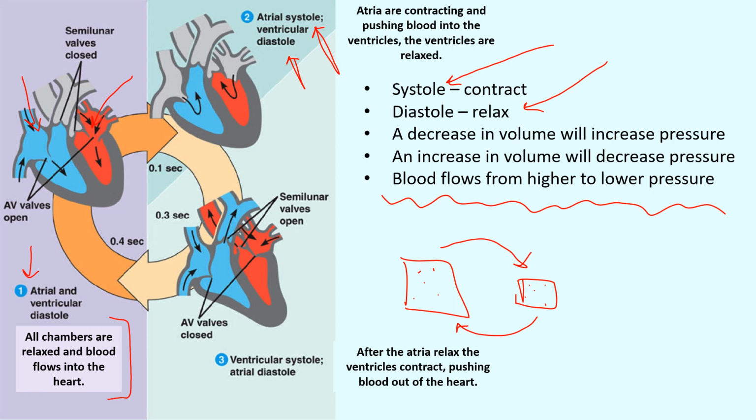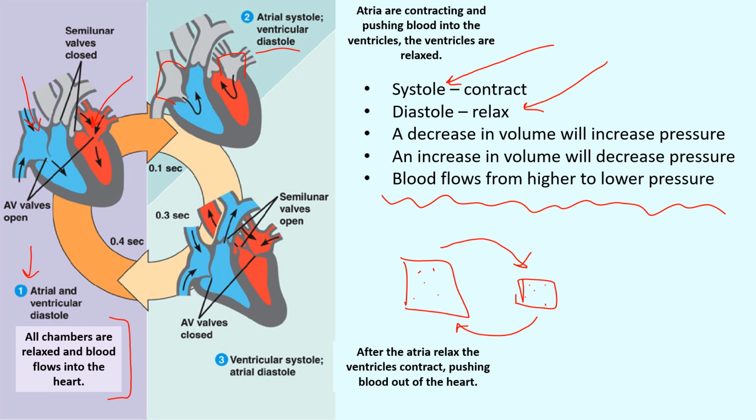The next stage of the cardiac cycle is atrial systole and ventricular diastole. So over here you can see that the atria are contracting, and as they contract they decrease the volume and increase the pressure in both of the atria. So again, both sides of the heart are working at the same time, and the ventricles are relaxed, hence ventricular